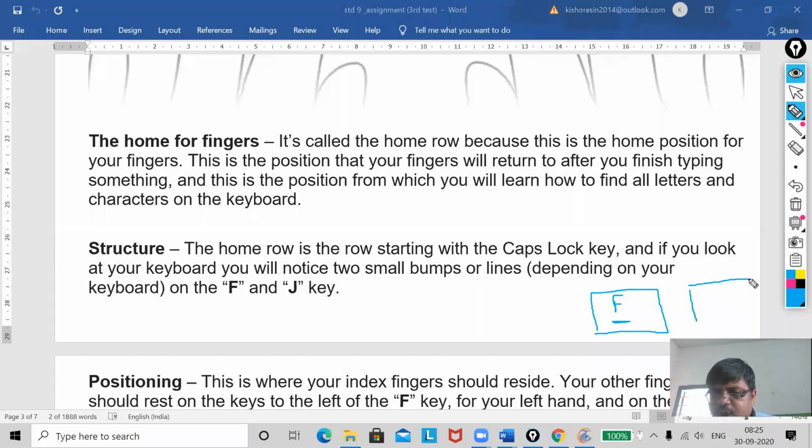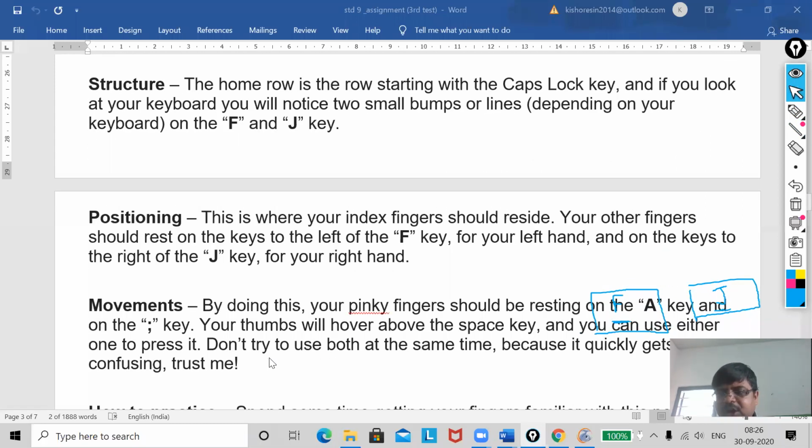Same way for the J also. You can see this line just below F if you have a keyboard, not just a smartphone.